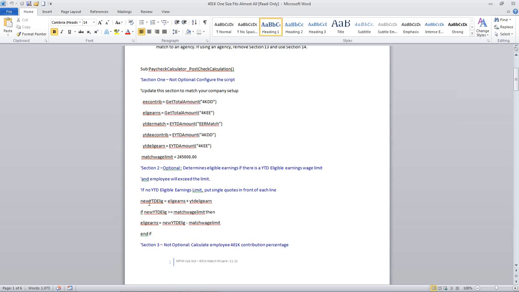In this section, we've got a series of steps that basically come up with the eligible earnings if there is, in fact, a year-to-date match limit as defined here. So nothing needs to be changed in this, and you can leave it, or you can get rid of it by just highlighting it and cutting it out of the case.